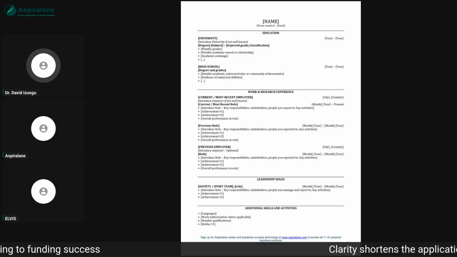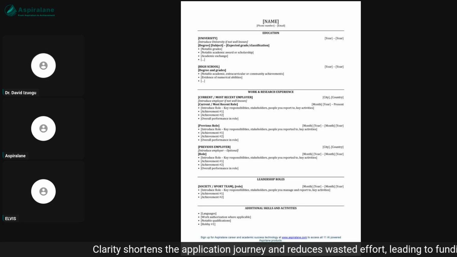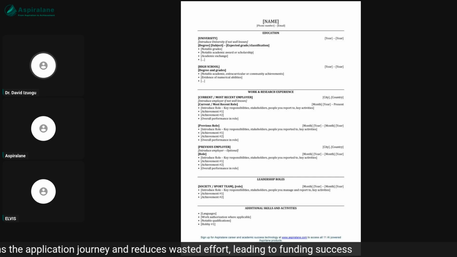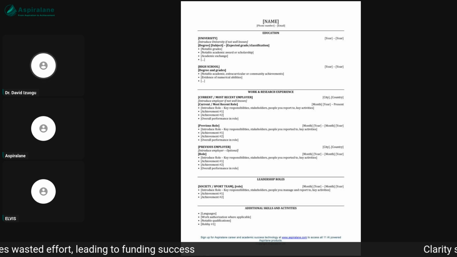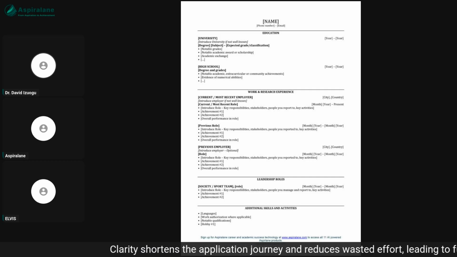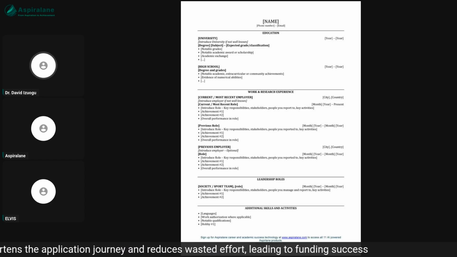So when you look at this, you see that this is structured in a hierarchical way. First is to look at the different sections. At the top, you have name, and you can see that the name is written in capitals. Of course, the square brackets don't need to be there. It's just used to hold things together. But in your real CV, the square brackets are not meant to be there. So you have your name, phone number, and email.